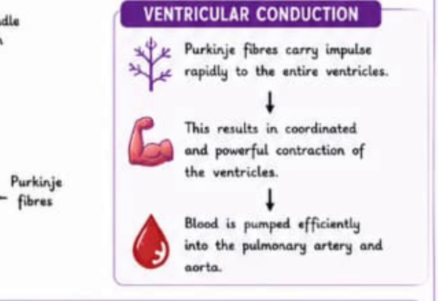This results in a coordinated and powerful contraction of the ventricle, increasing the ventricular pressure. Now, blood is pumped efficiently into the pulmonary artery and the aorta. So the pulmonary artery to the right ventricle by the right bundle branch to the right Purkinje fibers, allowing simultaneous contraction, pushing blood from the right ventricle